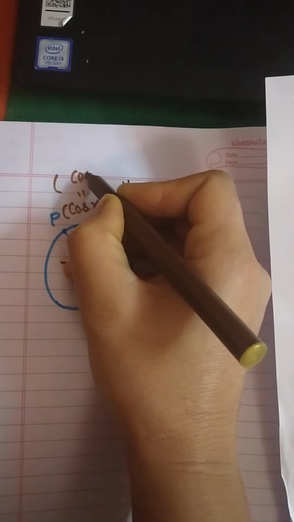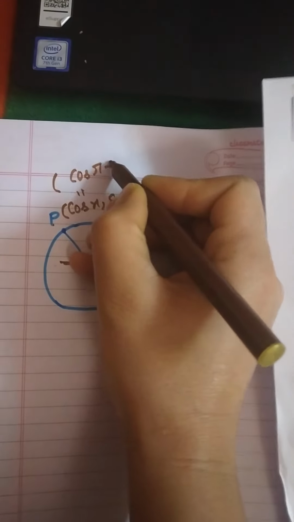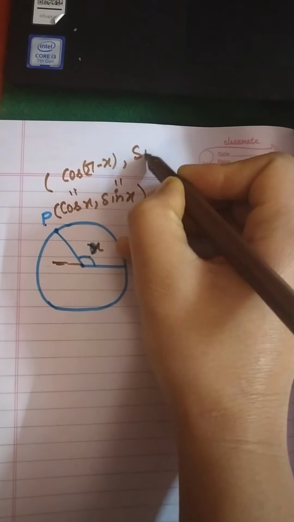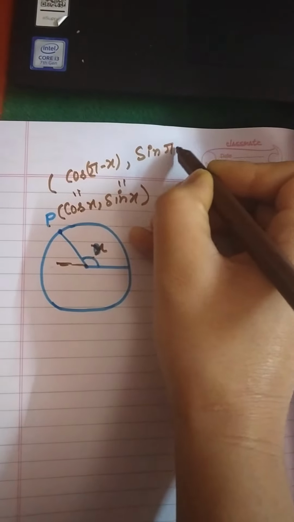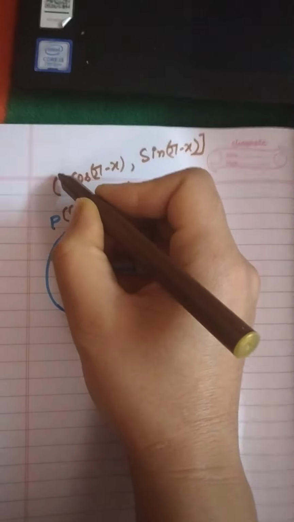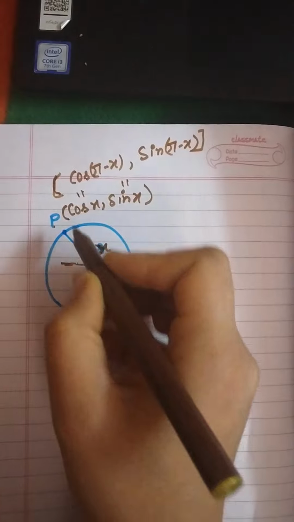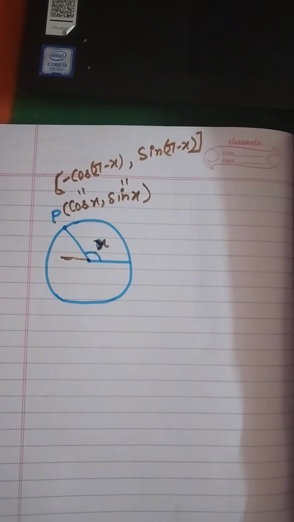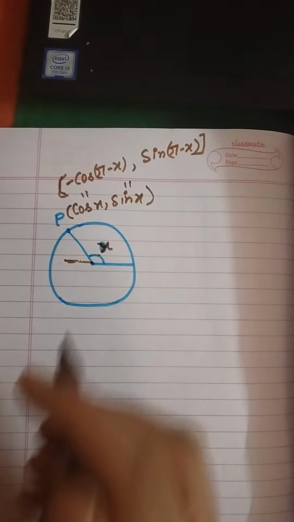cos of pi minus x and sine of pi minus x. You took care of all sign conventions. Okay, and this is minus, which is perfect. No issues in this, because